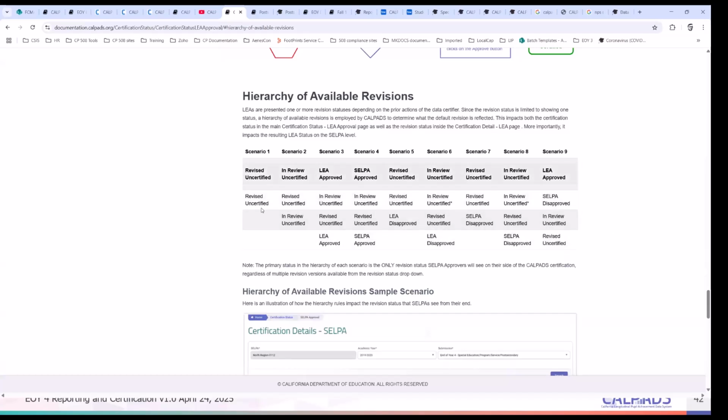These here are the different revision statuses, or versions, that you have. Based on all of the variations, CalPADS will pick a default status. I'll show you why this is important when looking at your data.